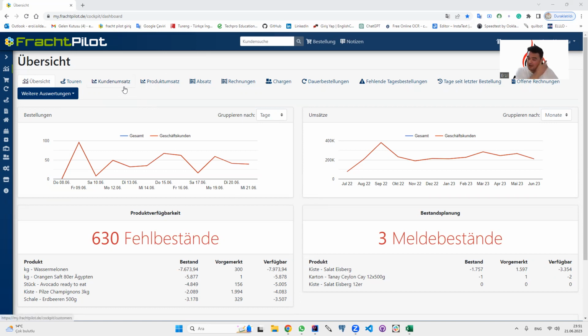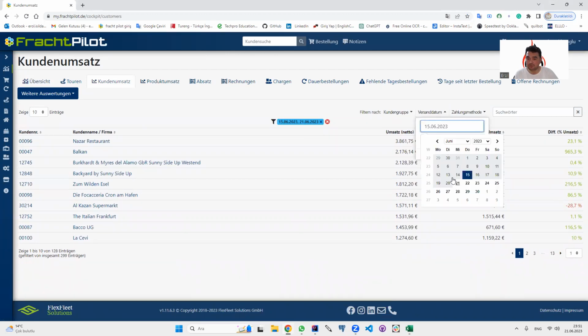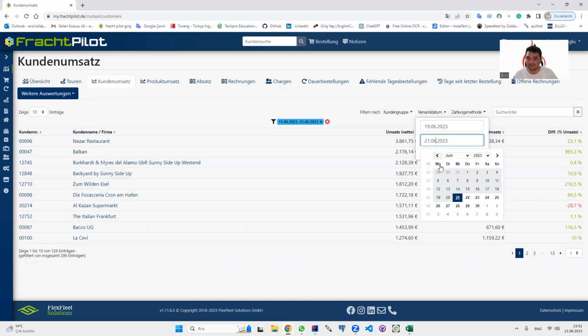By the way, our company is based in Germany, so it's a German company. That's why our site's language is German. Kundensatz means client, and I click the Kundensatz and I choose a date and